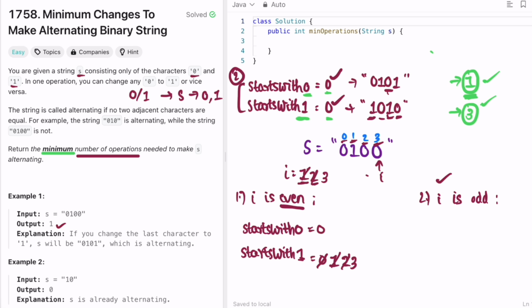Again check which position is not matching. It is not matching. I is pointing at 3, so s[i] is equal to 0. This is matching and this is not matching, so the starts with 0 variable will be incremented. And finally we reach the end of the string s, and since we have to deal with minimum operations, we have to check the minimum of these two variables. Minimum of 1, 3 is equal to 1, so 1 will be returned as the output, which is matching our